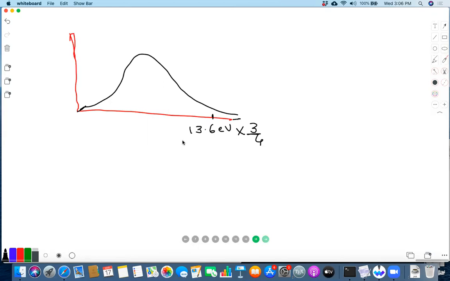but we know that photons have fallen out of equilibrium. So why do we see a Planck distribution today? If it was just free evolution of the universe, then surely we would see a Planck distribution with just a shifted peak. But since all this recombination is happening after photons have fallen out of equilibrium, there will be some effect. This part, 13.6 times 3/4, and the lower part will be distorted from this graph.